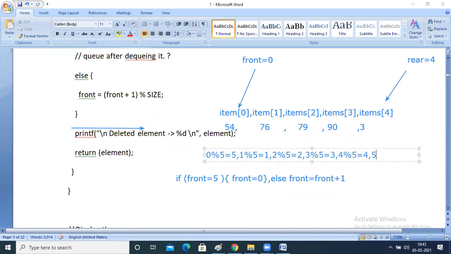Next, 5 mod 5 is equal to 0. So mod means the same division operation, but in a division operation I get the coefficient, whereas in mod I get the remainder. 5 mod 5 means the coefficient is 1, but the remainder is 0, so it will become 0. So once the value is 5, it will become 0. You have to understand this.